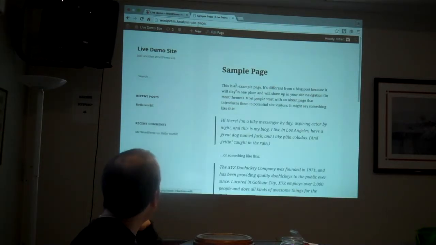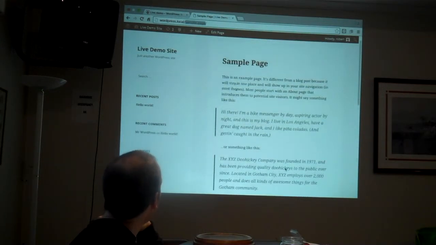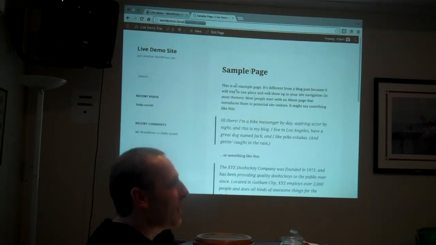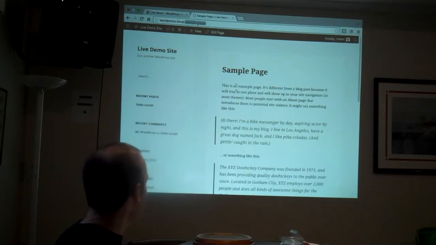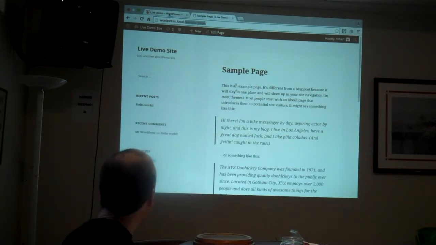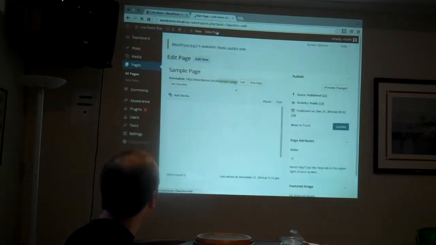So this part of the address here is known as the slug, and this is just a little bit better than Lorem Ipsum kind of content. And if you go live with your website and one of the slugs is sample page, people are going to roll their eyes when they see your website. So that's one of the things you want to get rid of. So how do you get rid of that? Well,